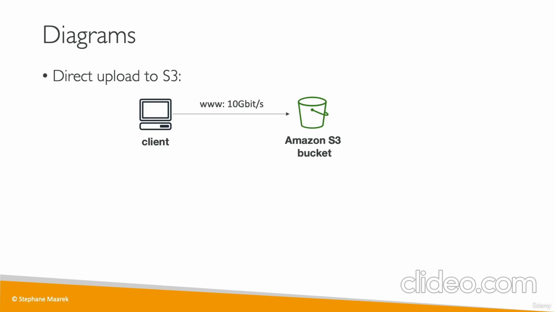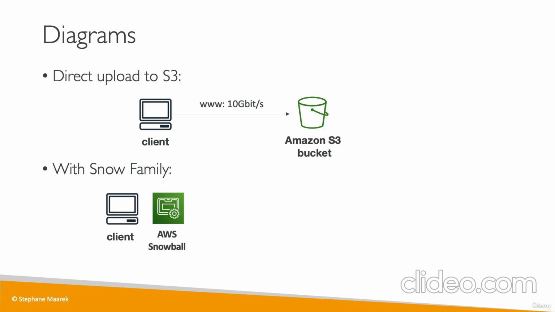To really explain how that works, let's take an example. If you wanted to directly upload a file into Amazon S3, the client sends the data into Amazon S3. Very easy, right? But with the Snow family, for example with the Snowball device, the client requests a Snowball device. We receive it via the post. AWS will deliver the device to us. We load the data directly onto the device locally,